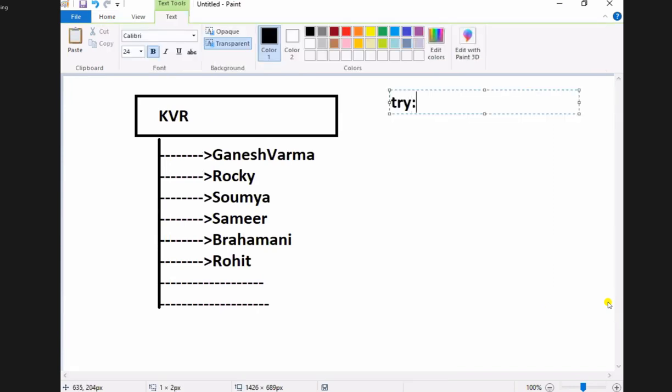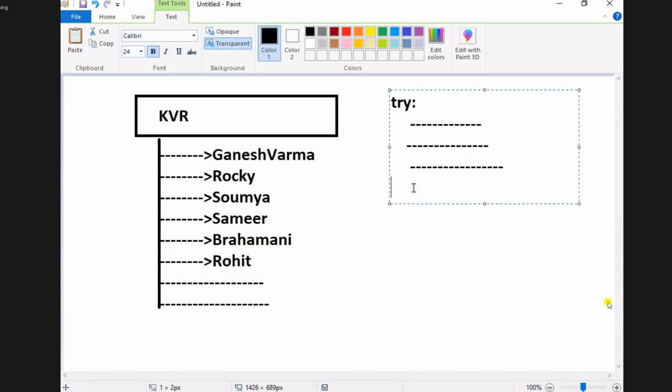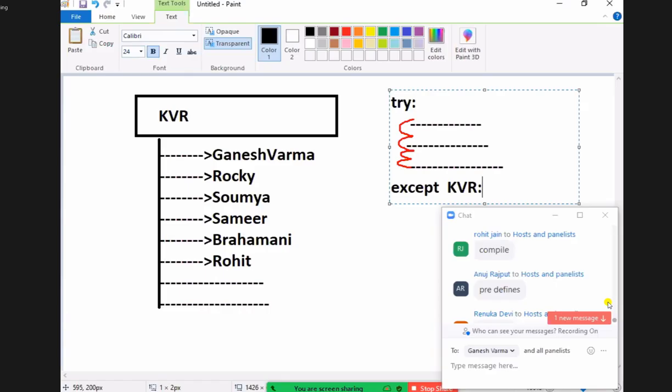So what I do is, sometimes I will write try. Actually, it's difficult to understand at this level, but I will make you understand somehow, because I need this diagram to understand in the class. I will write here except KVR. What is KVR? It is a super class for all the types. Every person is a part of me or not?